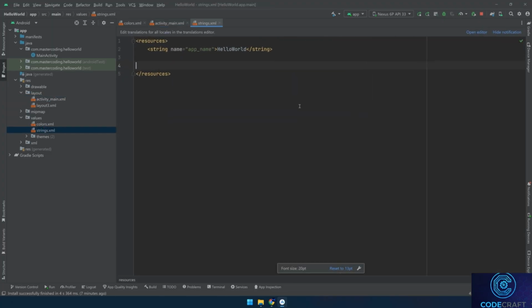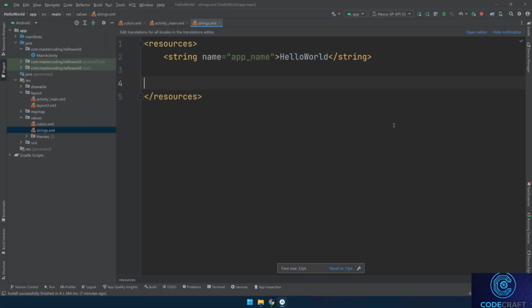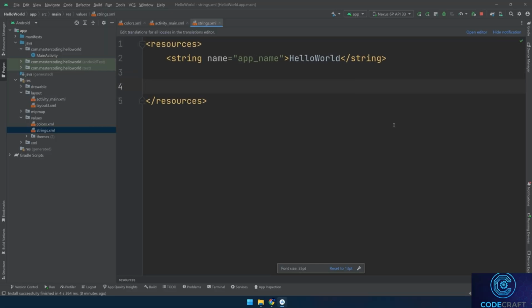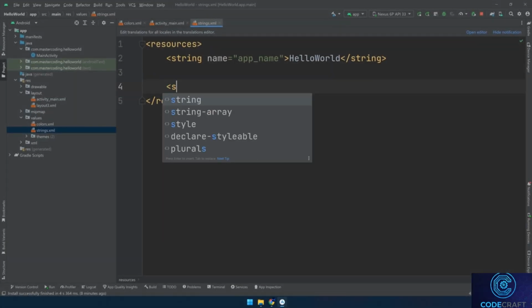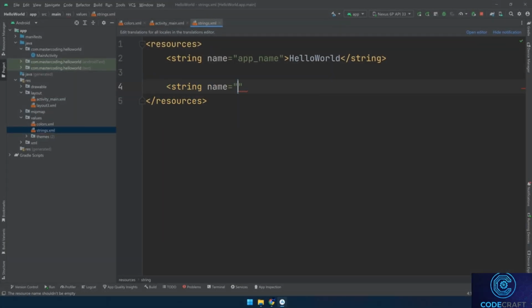The strings.xml file stores strings used in your app's user interface. It's a common practice to store all text content visible to the user in this file, allowing for easy localization and consistent management of strings. To define a new string, we start with the string tag. I'll specify it as text1,